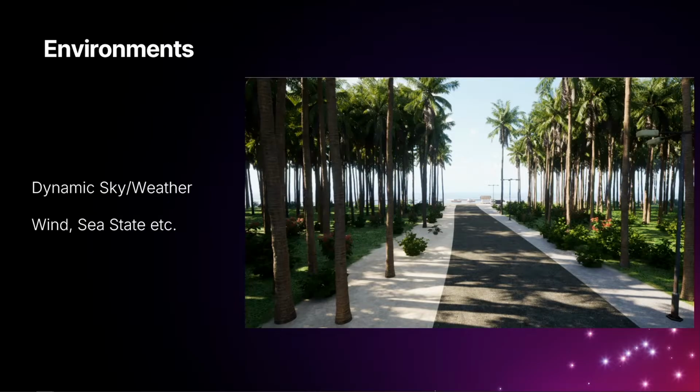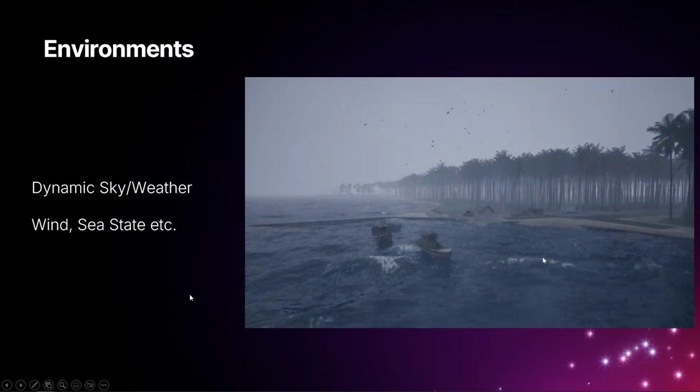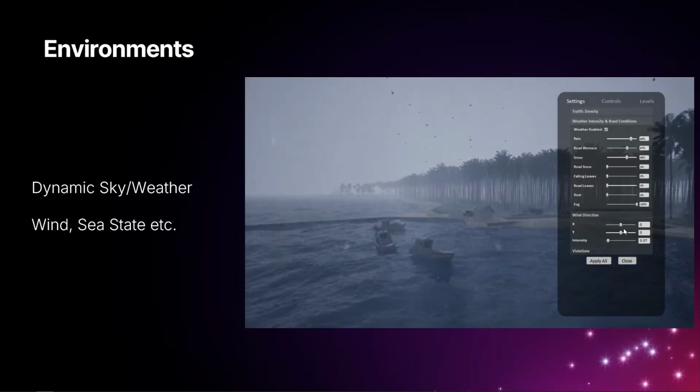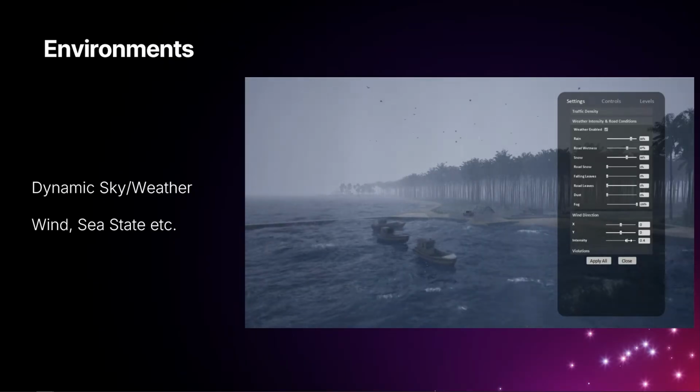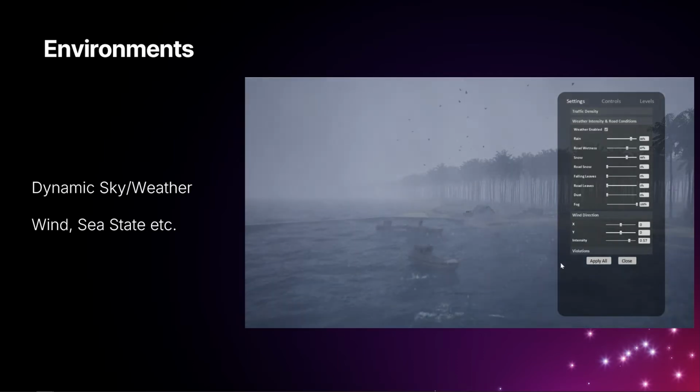Sorry. And then there are some interesting things in the environments too that you want to simulate. It goes back to environmental effects that I was talking about earlier. These are some experiments that we've been doing with plugins and core Unreal technology on how do you make your skies and weather a little bit more dynamic? How do you give that level of control to the user?